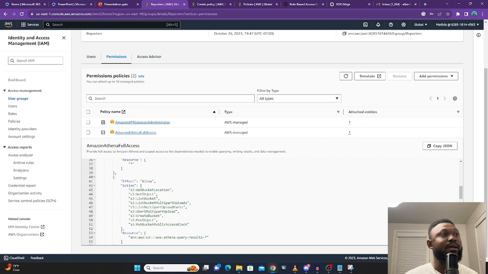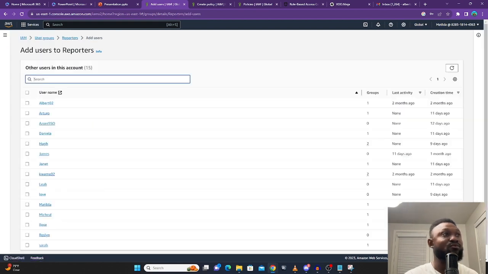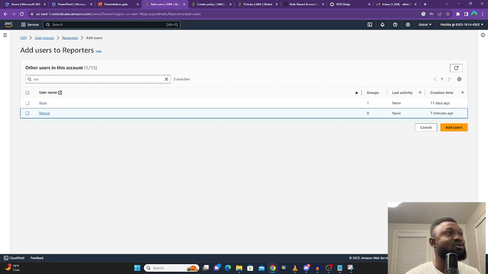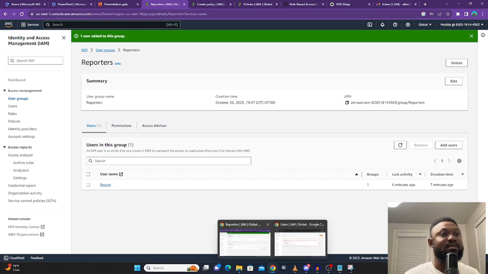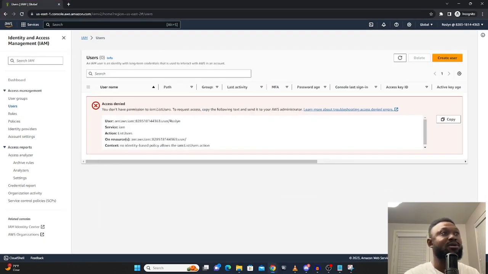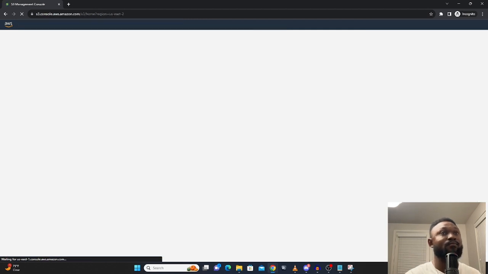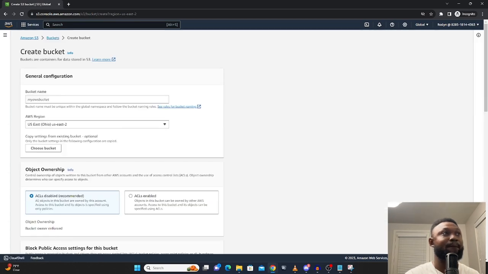So now I can go ahead, come to users, and on the right side here, I can add users to it. I'm going to look for Rosalind. So this is going to be Rosalind. Add Rosalind to it. Now, when I come to Rosalind's account, you see here, I can go to S3. At first, she could not create any bucket in S3, right? But now, let's go ahead and create bucket. We name this bucket Ros